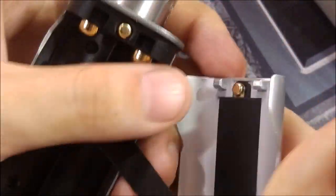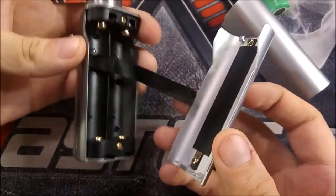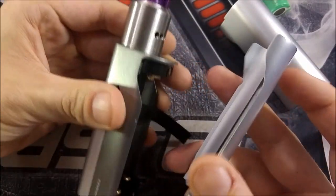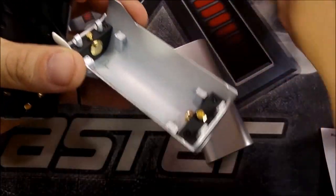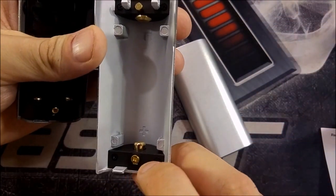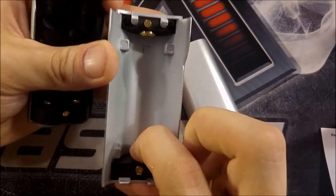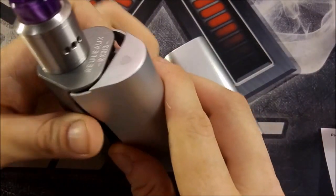And the cool thing about this is this is how it's able to run in 2 battery mode and 3 battery mode. If you want to run it in 2 battery mode, you put the 2 batteries inside the actual device, and then your 3rd battery will go inside the actual battery door, as you see here. It'll go positive down, negative up. That is one con I didn't like, that the positive is at the spring-loaded side, but hey, I can live with that. And then when you pop this one on,